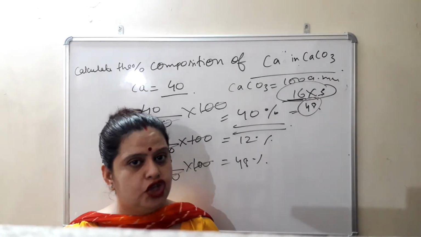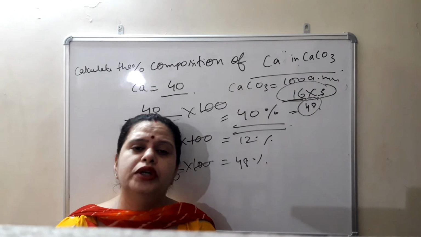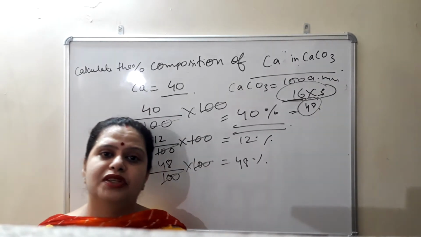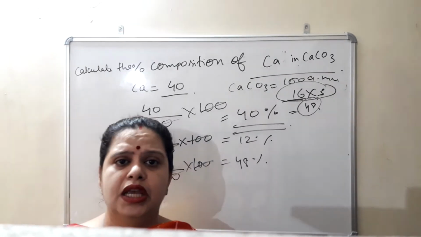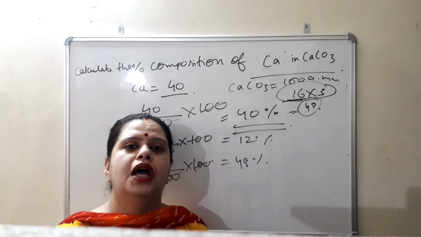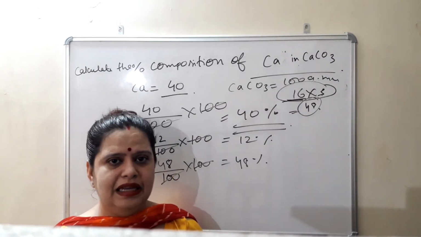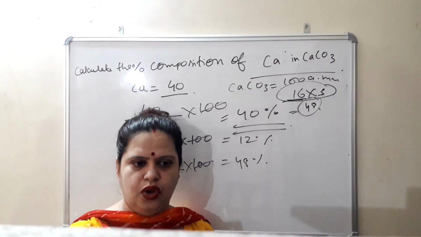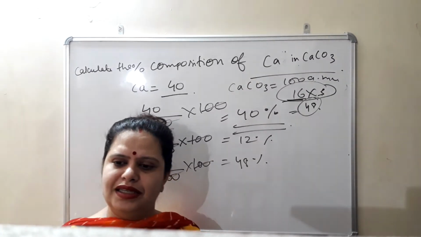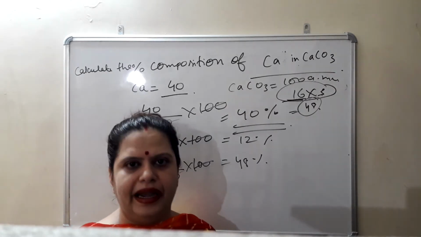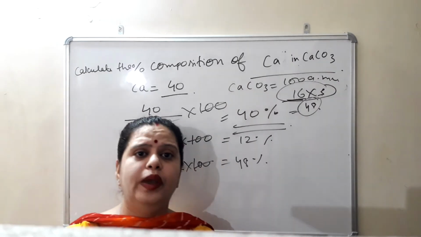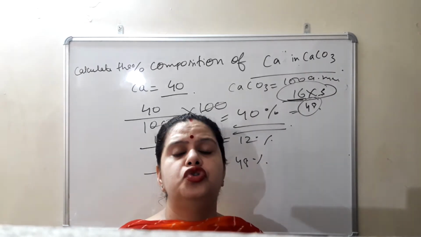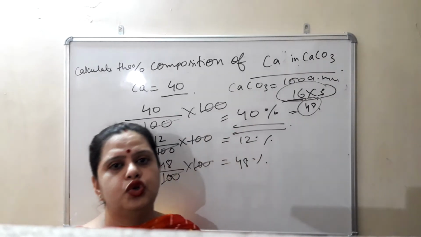Empirical formula I have checked, it is not there in your syllabus. Students, do one more thing. I believe all of you have that revised syllabus of 9th chemistry, not only chemistry, for all the subjects. So this is my suggestion. Either take out the printout of that revised syllabus so that it will be with you also. Whenever you are studying, you can cross check: this is not in our syllabus and this is there in our syllabus, and we have to go with that. And wherever it is required to explain something which is not there in your syllabus but is required for you to understand the concept, that also I will discuss.